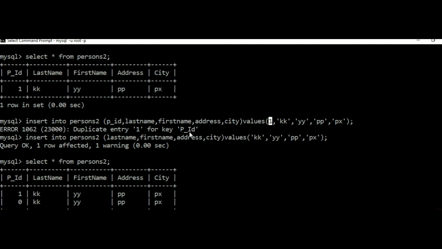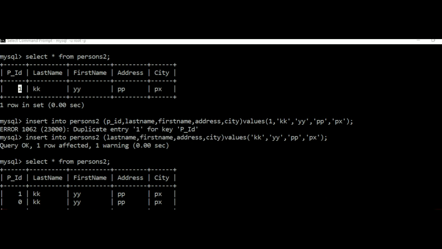key p_id, as I have declared it as a non-null value and a unique value. That is, a particular value must appear only once, and should not be repeated more than one time. That means this one should not be repeated in any of the next insertions. So this will not be allowed to insert. That is the reason this value has been reported as a duplicate entry and